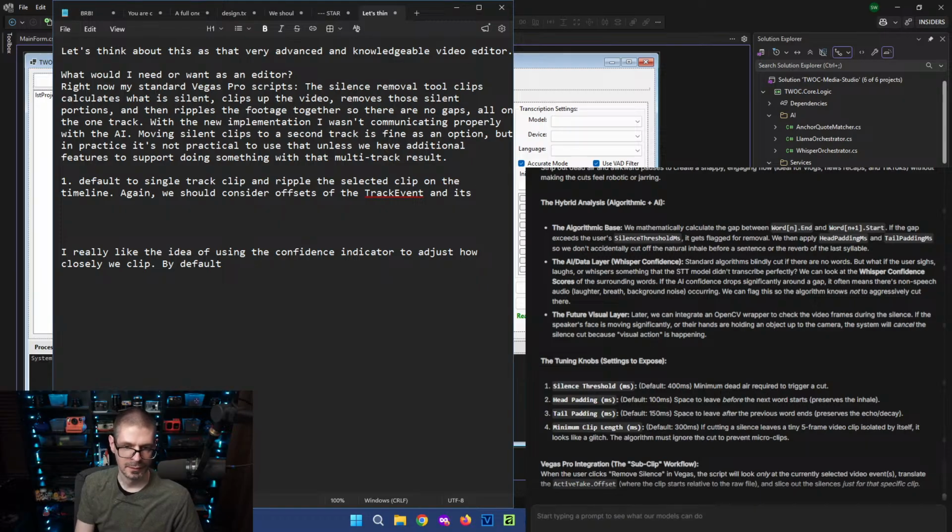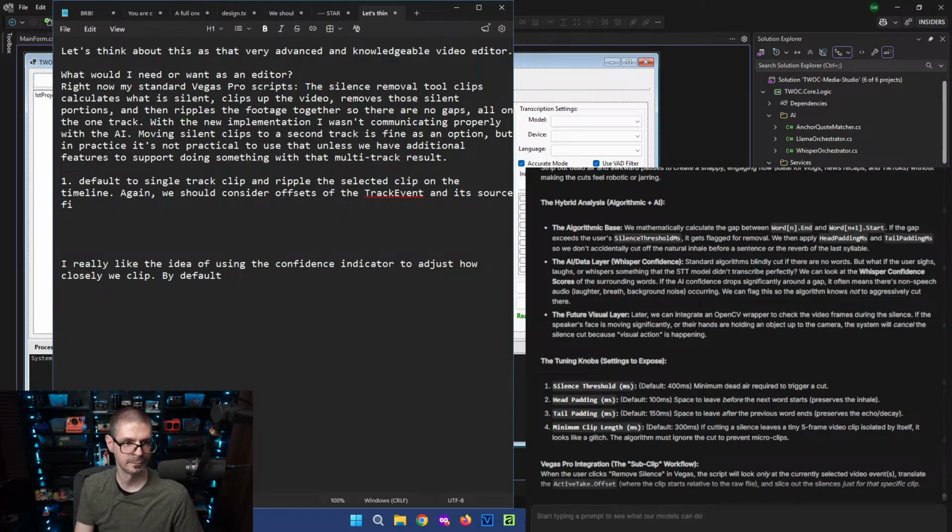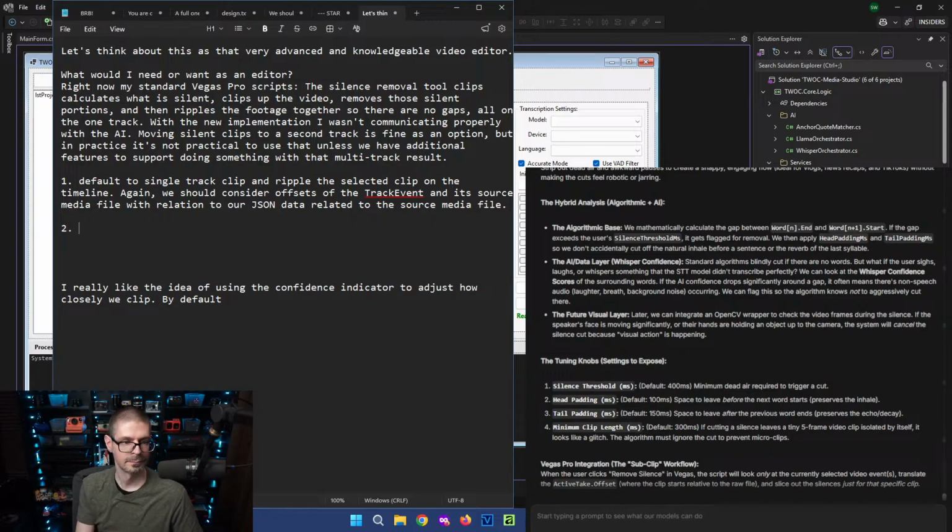And it's checkbox option to have it cut.